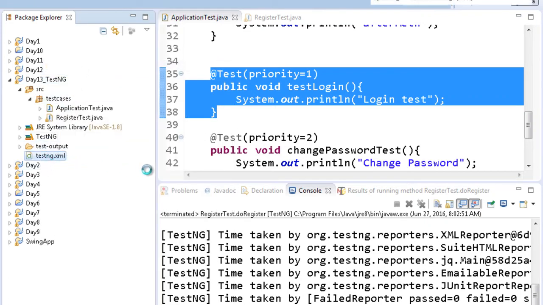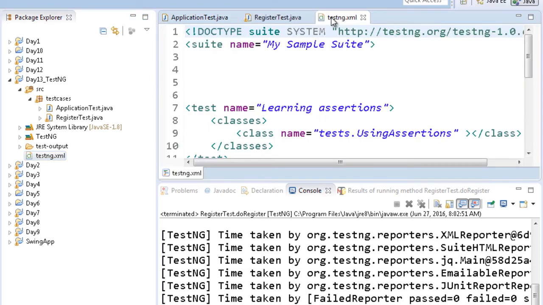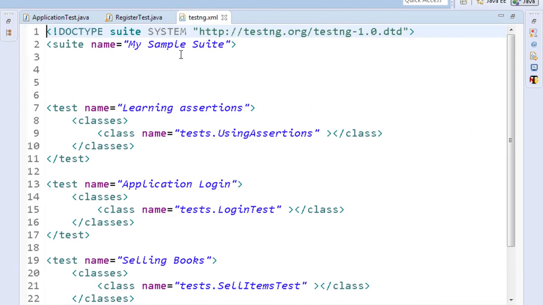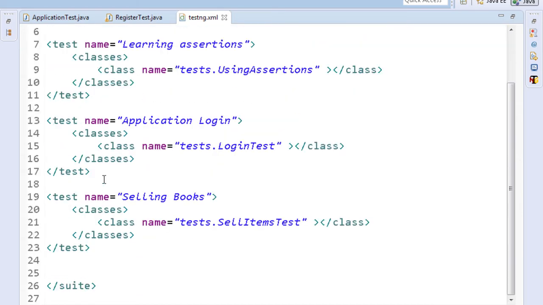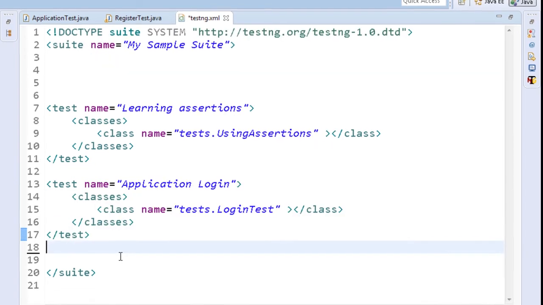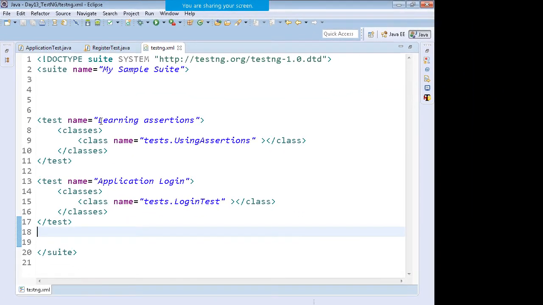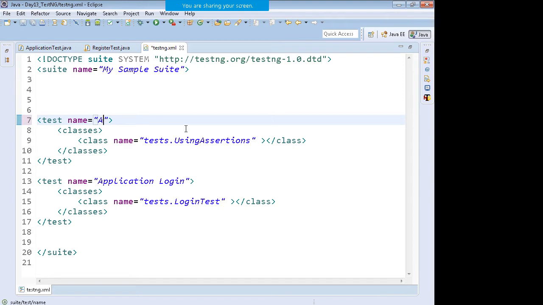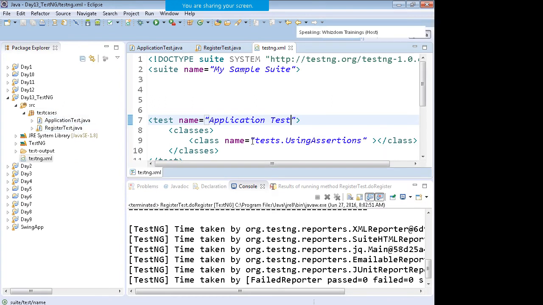I have pasted testng.xml over here, and the first line is the name of the suite, and then you can mention the test cases which you are having. For example, the first test case was application test, and it was inside the package test cases dot application test.